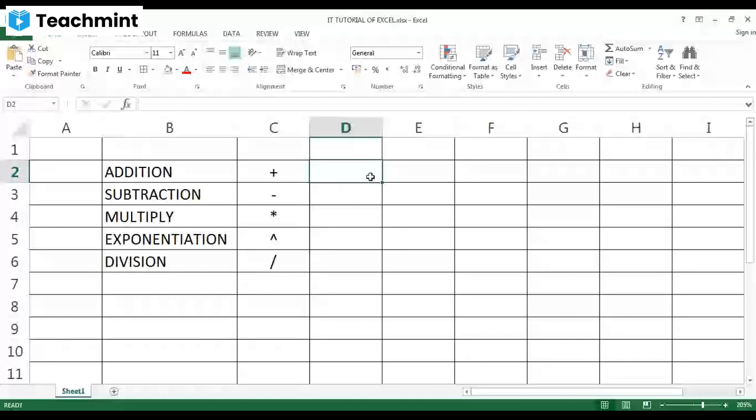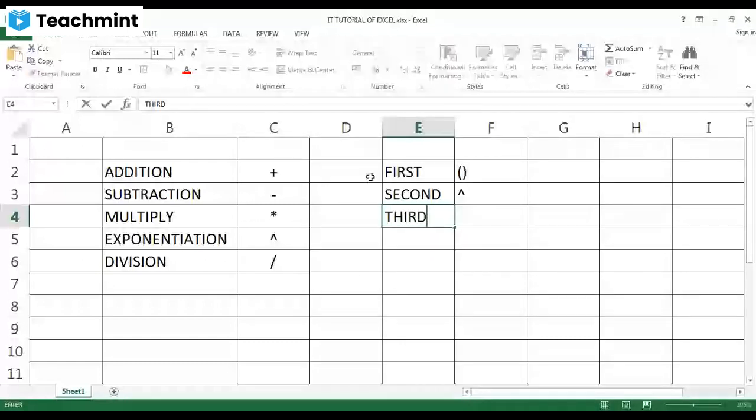Okay, now operator precedences. Which operator will be calculated first? Look, first of all we will solve the brackets. Second, exponential.